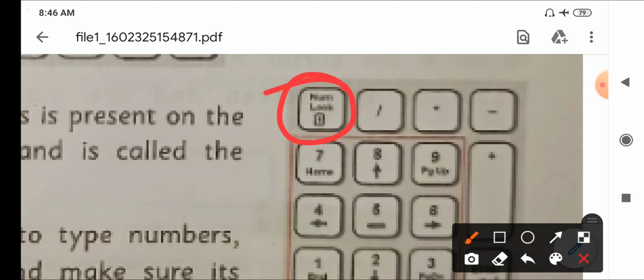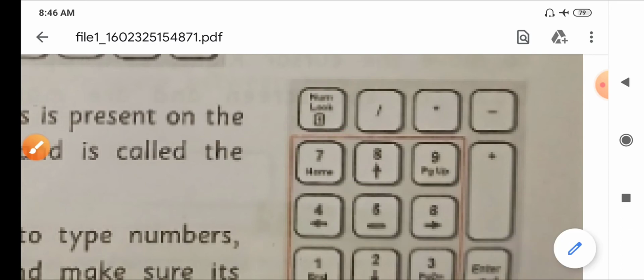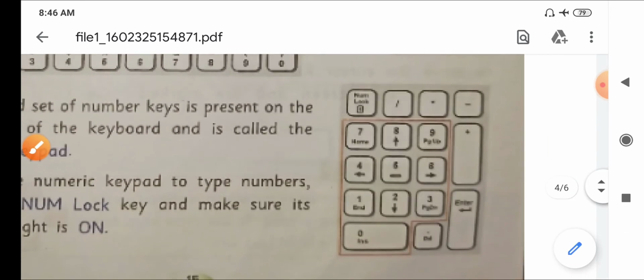That means it will enable you to use this numeric keypad. When this one is on, then only you will be able to use these numeric keys.